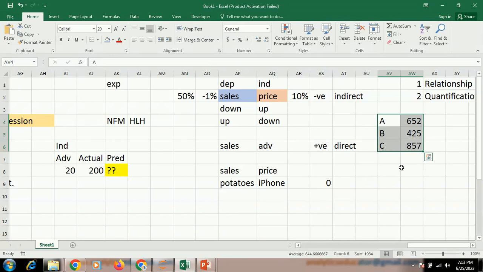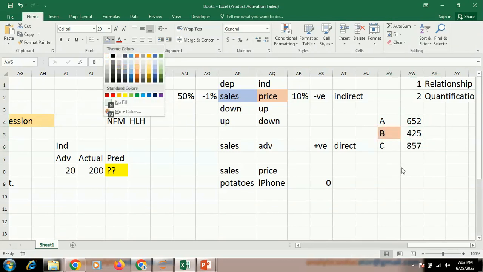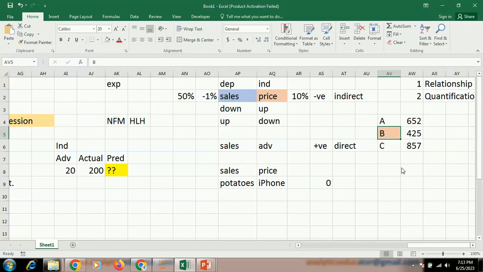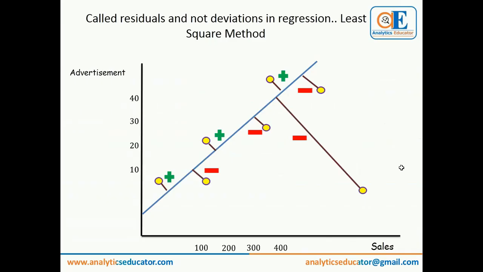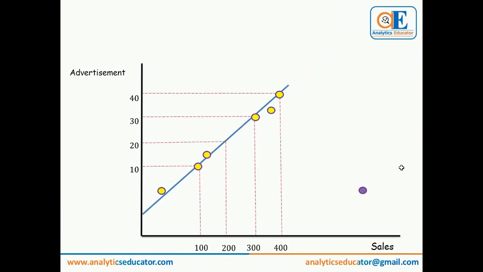What do you think? These are all the distances. Which is the best line? 425, absolutely correct. B, because this has the lowest distance. So the algorithm or Python is going to do everything, and it will directly give you the best fit line, which is passing closest to all the data points.